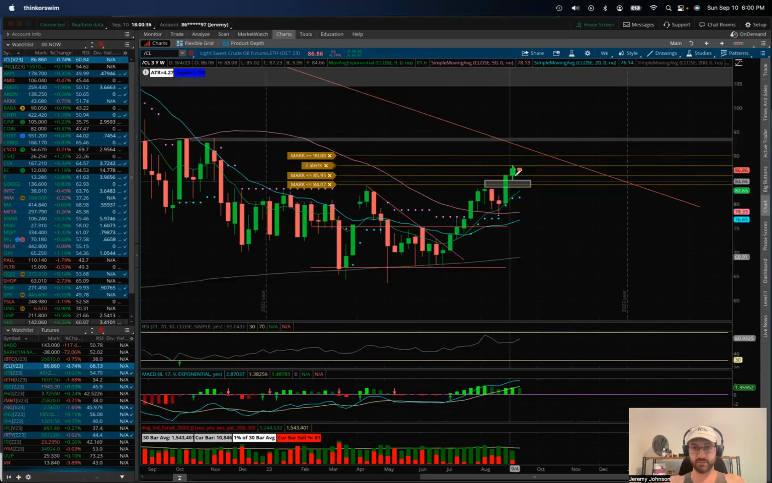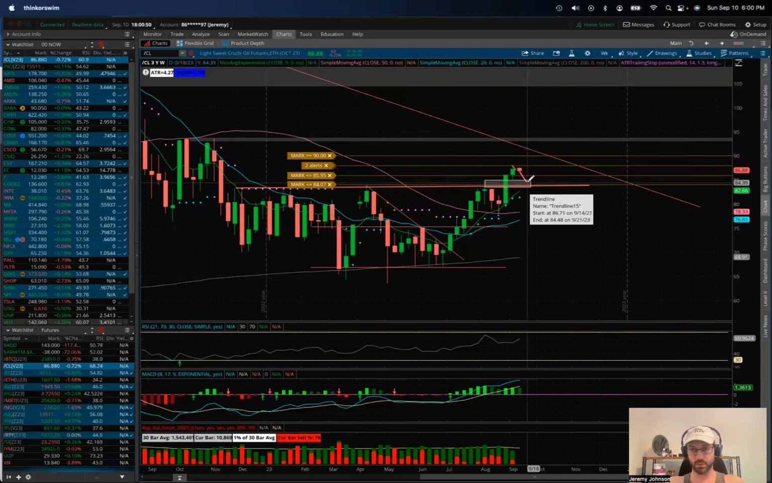Had a massive move higher. This is on the weekly chart. You can see we broke out of a really important resistance zone here. I would not mind having this pull back and retest this zone, confirm that as new support, and then move